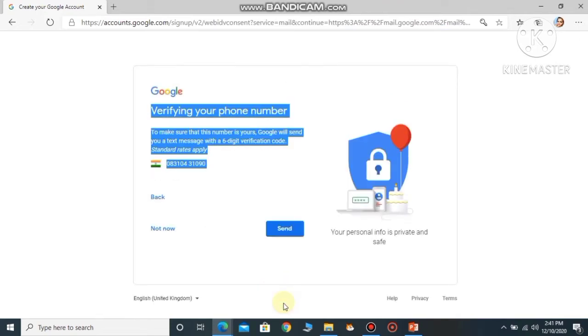The next step is that it will verify your phone number. To make sure that the number is ours, Google will send a text message with a 6-digit verification code to your contact number. So click on send.